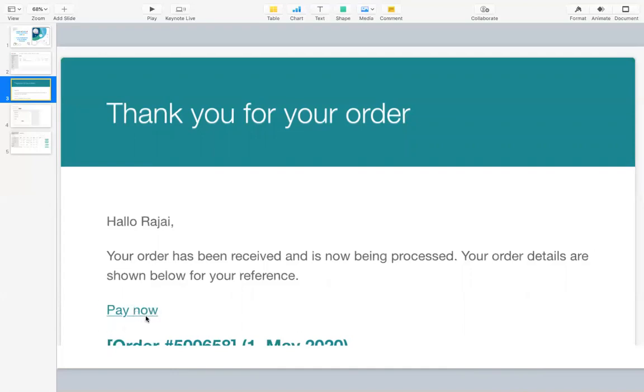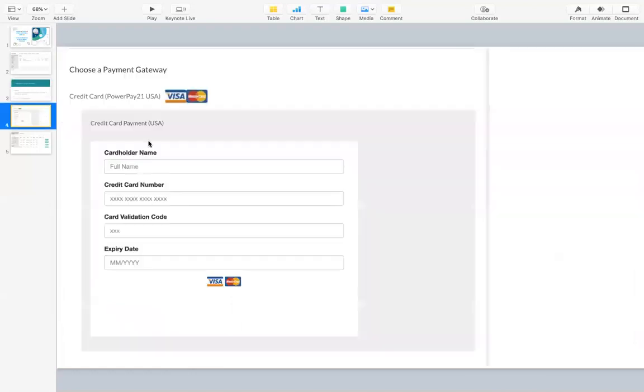You have to go to this little pay now link. You click on it, and that will take you back to your order to finish the processing. And then you'll have to enter your information again in terms of your card information. Also, above this portion of the cart, make sure you double check your bill to info,